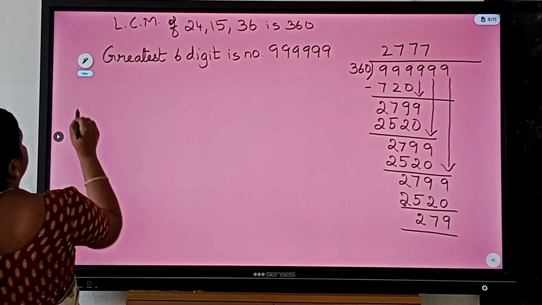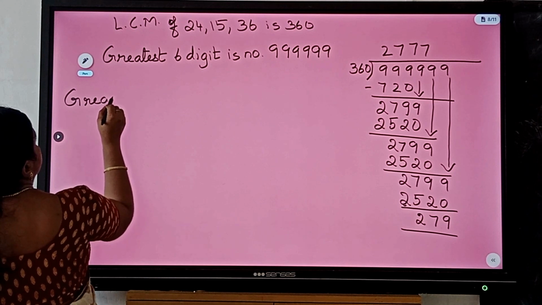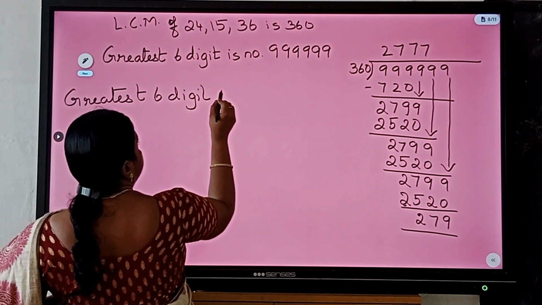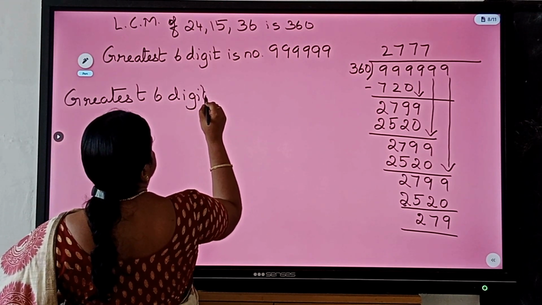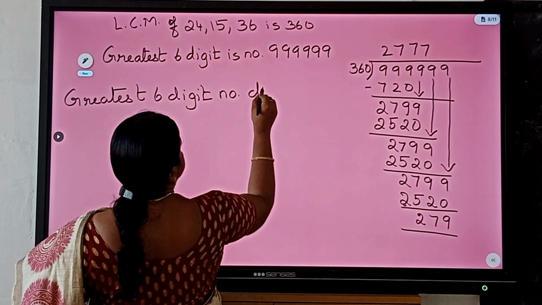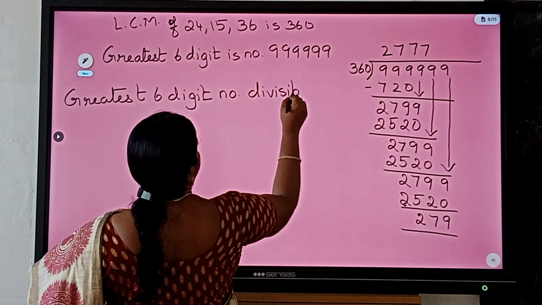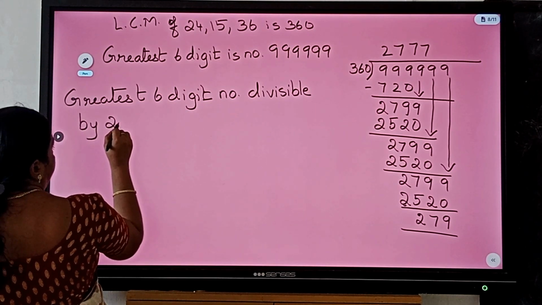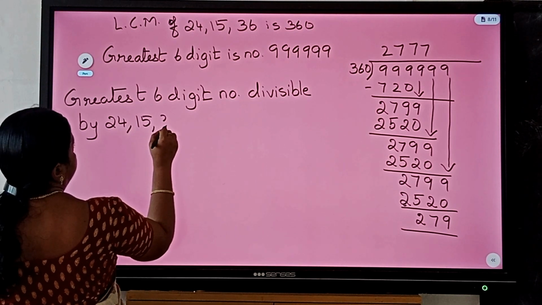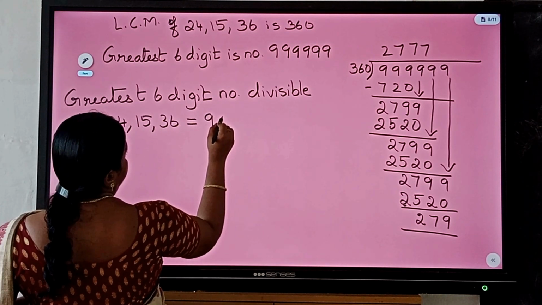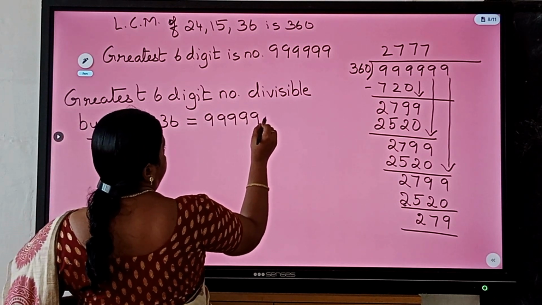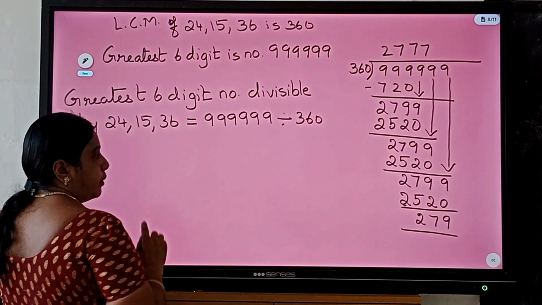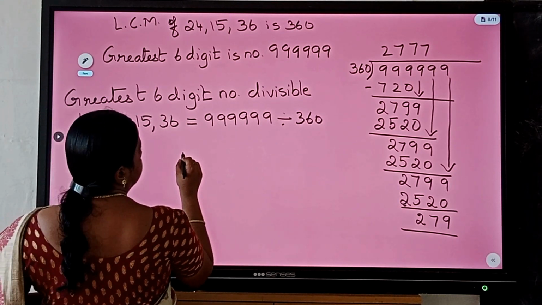So to find the greatest six-digit number divisible by 24, 15, 36. So for that we have divided the greatest six-digit number by the LCM. So we got the answer as